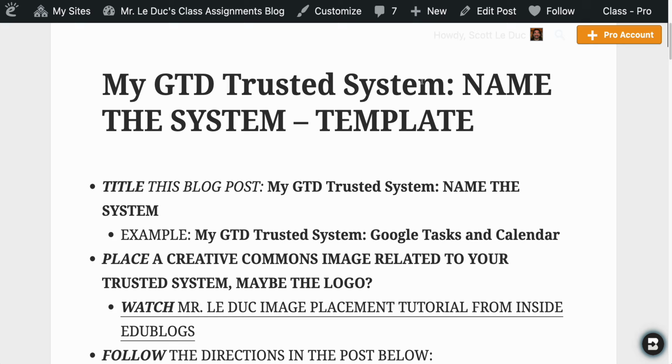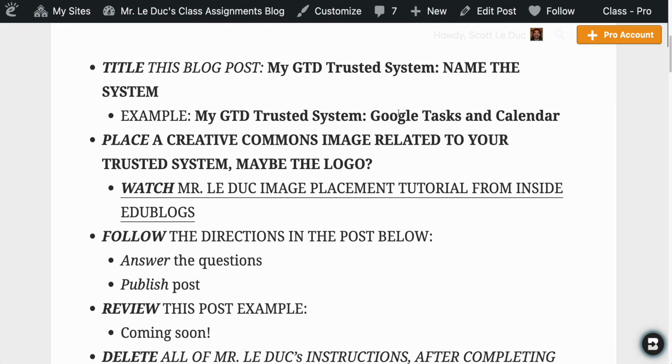Okay, now lastly, on Wednesday when we do our Getting Things Done, or GTD, trusted systems, the reason why it's called a trusted system is that you trust it to help you remember to get things done when you need to do them. So a trusted system has to have some kind of time management or scheduling thing in there. Now, what you need to do is visit your trusted system daily. Take a look at what's coming up. That could be in the morning, it could be after school. But the idea is like, what do I have coming at me? What do I need to be thinking about? And so on and so forth.